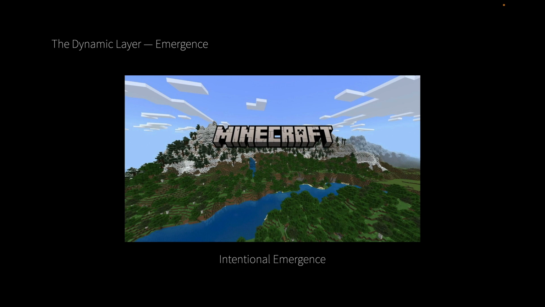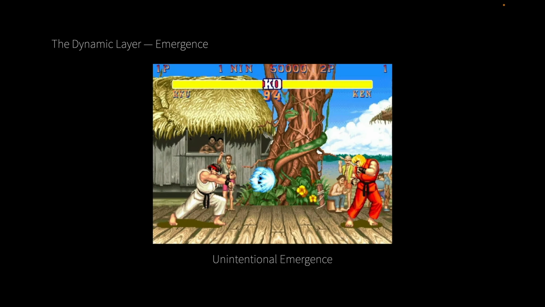Sometimes games have intentional emergence, where a game is designed, this is particularly true with sandbox games, where a game is designed to allow the player and to encourage the player to do things that the designers hadn't intended. And Minecraft is a canonical example of this, one of the most popular sandbox games arguably ever created, designed with the intention that players would do interesting things, especially as they introduced redstone circuits and other add-ons and expansions. Sometimes there's unintentional emergence, where the designers will do something and not realize the consequences of it.